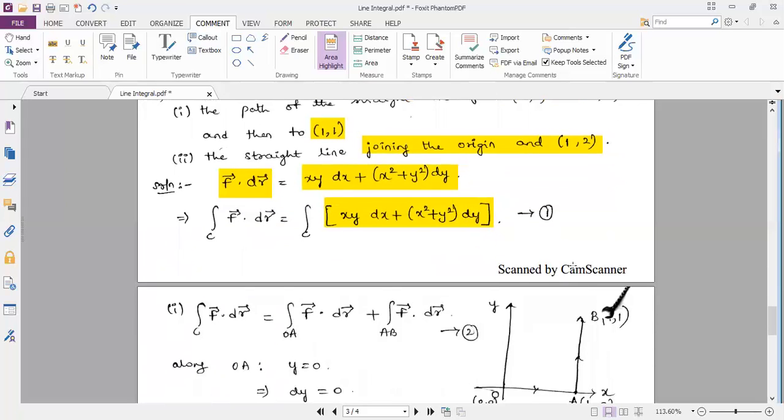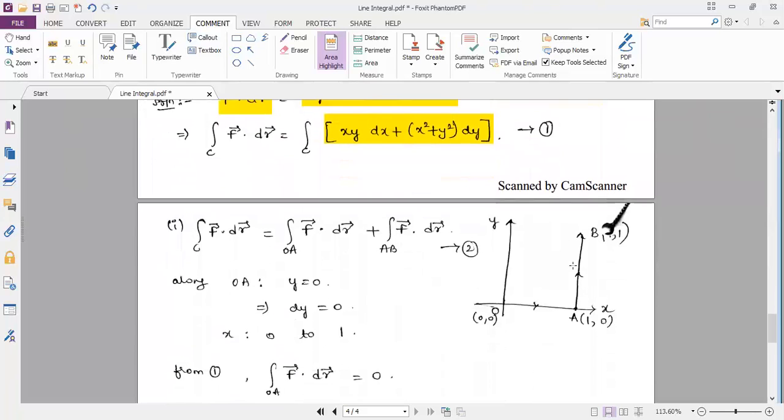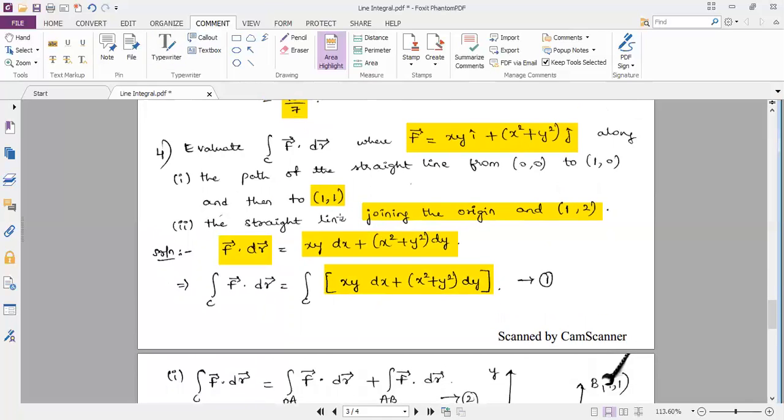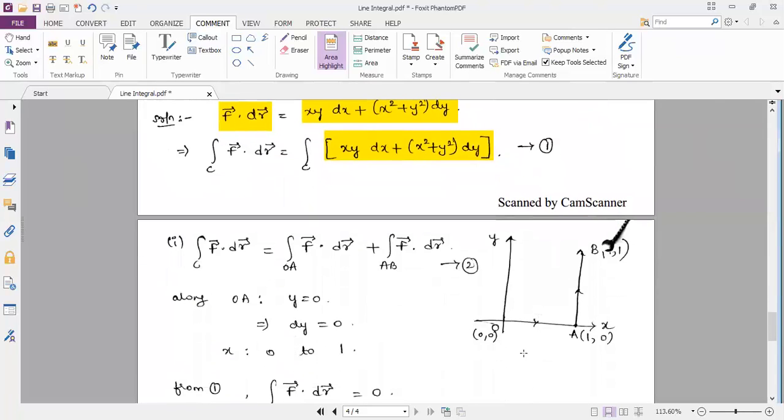Now the first subcase we'll be dealing with. Observe, first we are drawing in the figure the straight line from 0, 0 to 1, 0 and from 1, 0 to 1, 1. That can be seen here in the graph. From 0, 0 we are drawing to 1, 0. The direction is also important, the arrow here represents that. And then from 1, 0 to 1, 1. This is 1, 1 here at the point B. Again, the arrow mark is important.